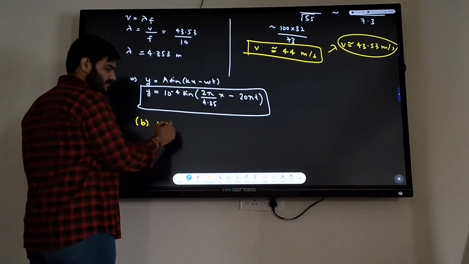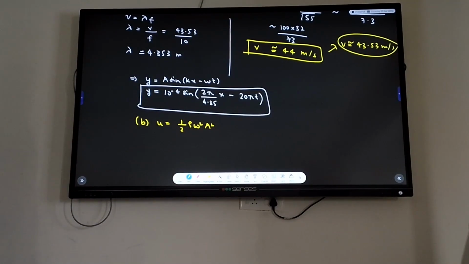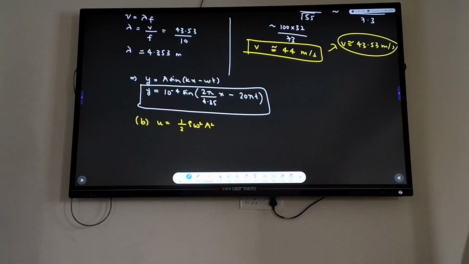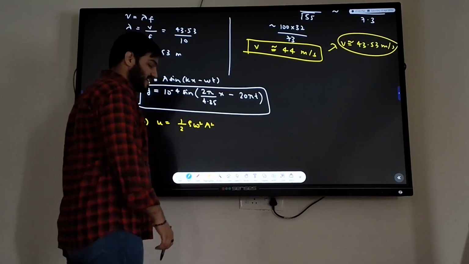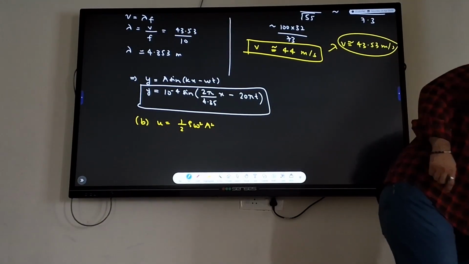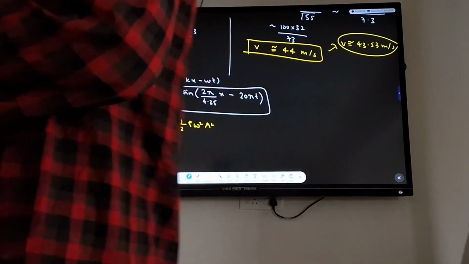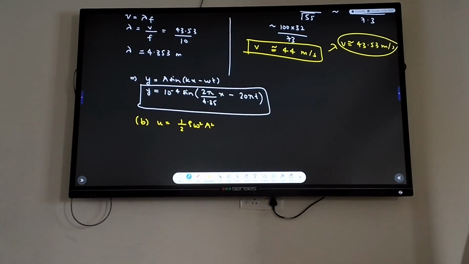What was the formula of u? Half rho omega square a square. अब ये मल्टीप्लाई करके निकाल सकते हैं आपको। कुछ कैलकुलेशन भी नहीं करना है, करो तो जल्दी करो, come on give me an answer for u. हाँ 0.8 पावर कुछ है नहीं। It's something like 8.3 into 10 to the power minus 2. तो तुम लोग का पावर -1 का है ये बोल रहे, देखो।